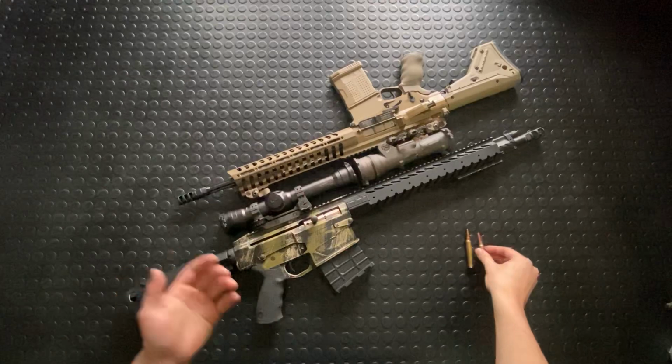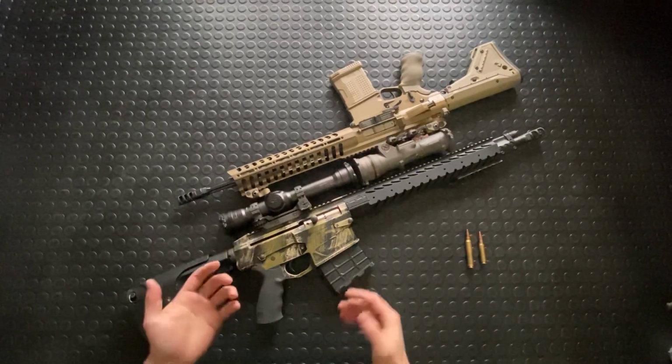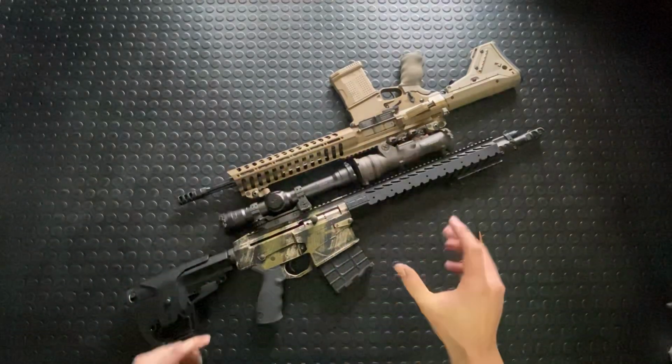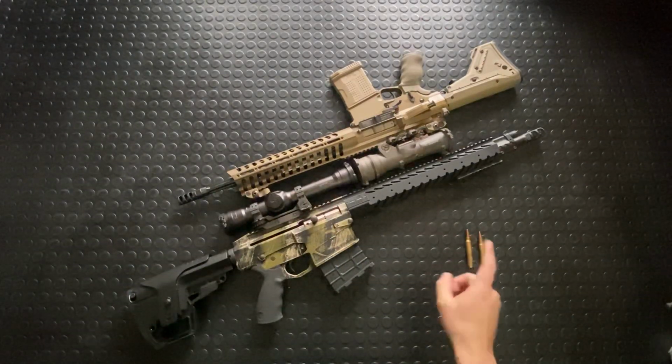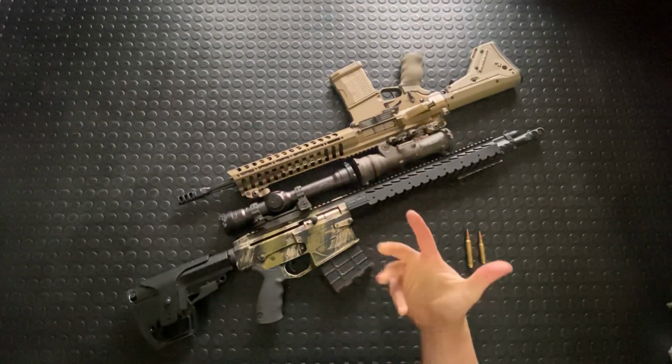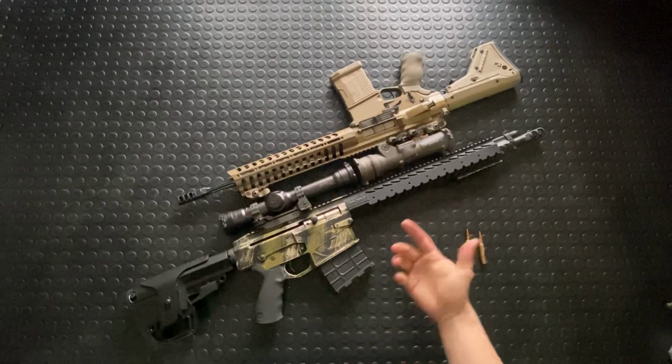Pretty cool. Usually you'll have to swap a bolt as well, of course, and the magazine. But barrel, bolt, magazine, they can swap out to different calibers. Pretty cool, a bit in the weeds, but that gives you a bit of an idea for the 300. And that wasn't traditionally a semi-automatic cartridge,